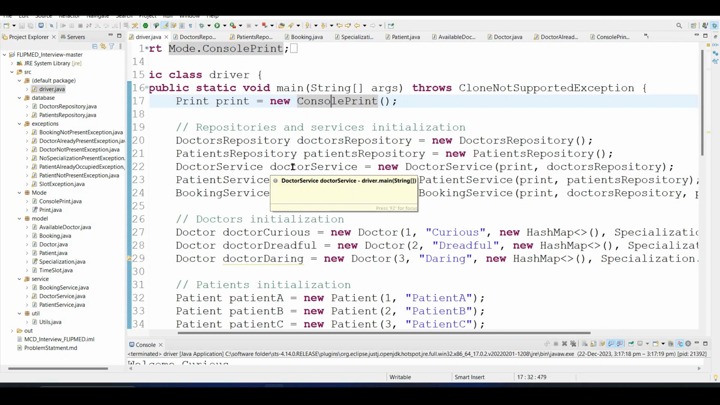So why we use service is because service is kind of a layer between controller and repository, where we will add the business logic, all the stuff. So usually this is a very best practice widely used in industries. Now coming to, let's check the doctor service